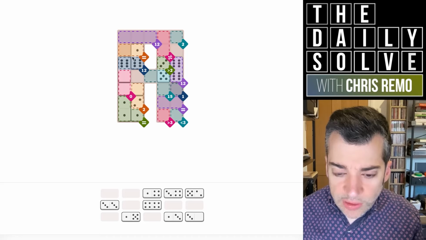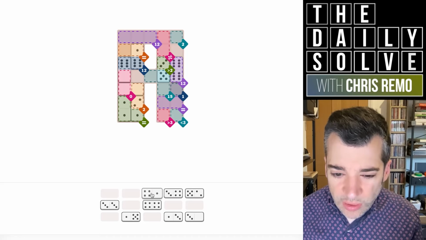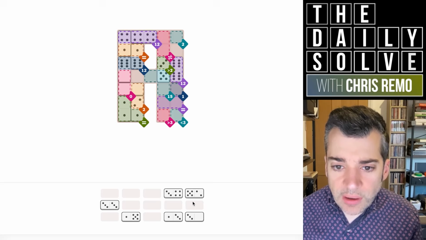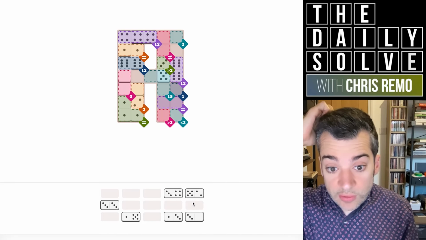Which would mean this 1 would have to point up to a 4, which works, actually. Which means this would be double 4. I mean, that all works so far, actually. I don't know if that means it's correct or not. This 5 couldn't connect to this 2. Oh, this breaks it. Sorry, I didn't think about the fact that one of our 2's is connected to a